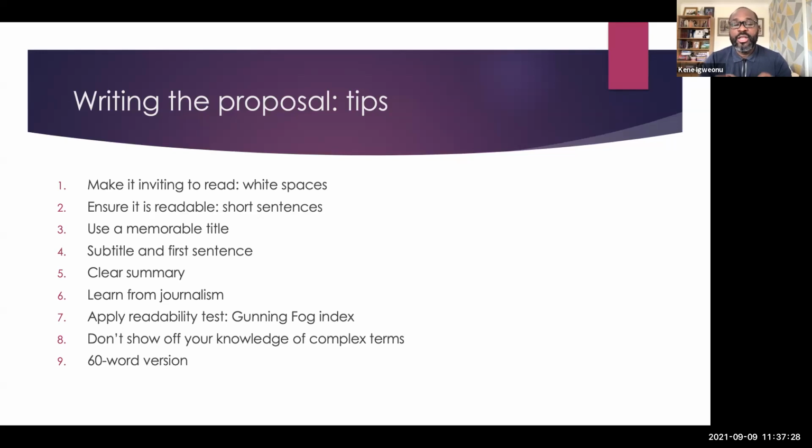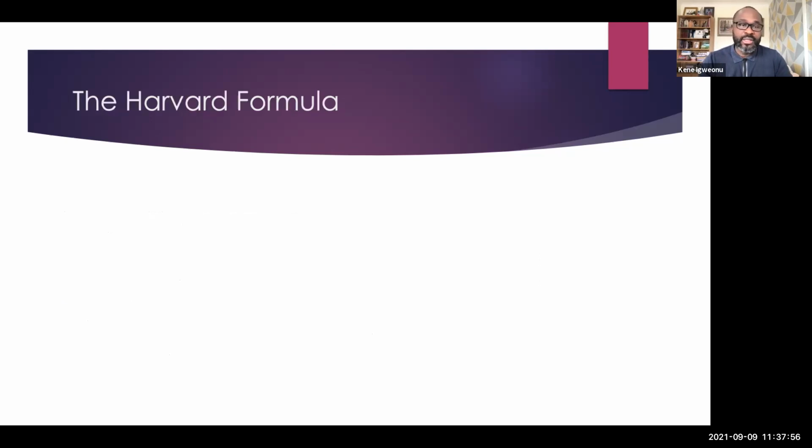So I've talked about the one or two sentence summaries, so 60 or 65 words. Can you write a 60, 65 word version of your entire proposal or research idea? Like an elevator pitch, for those of you that have done one, which is about 30 seconds. Can you write something like that? And then read out the summary to your family and friends for feedback, as you would for the main body of the work itself.